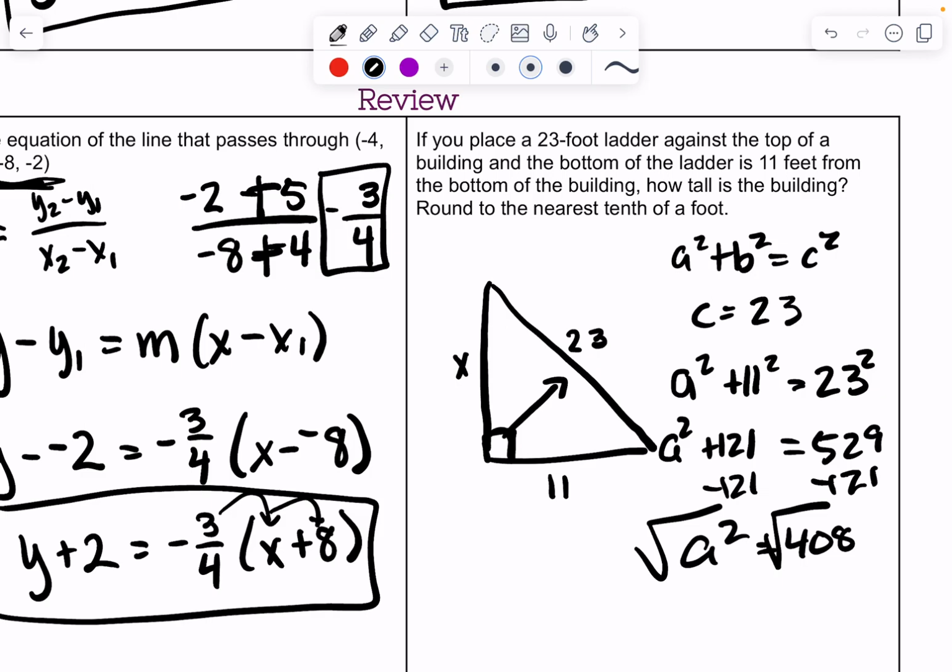So we want to take the square root in our calculator, which my calculator is not wanting to do. What is going on here? Okay, my calculator is not doing the square root of 408, so you're going to do that in your calculator because my phone will not change sideways so that I can get the square root button right now. But anyway, you're going to type this into your calculator, square root of 408, and you are going to round to the nearest tenth, so a nice